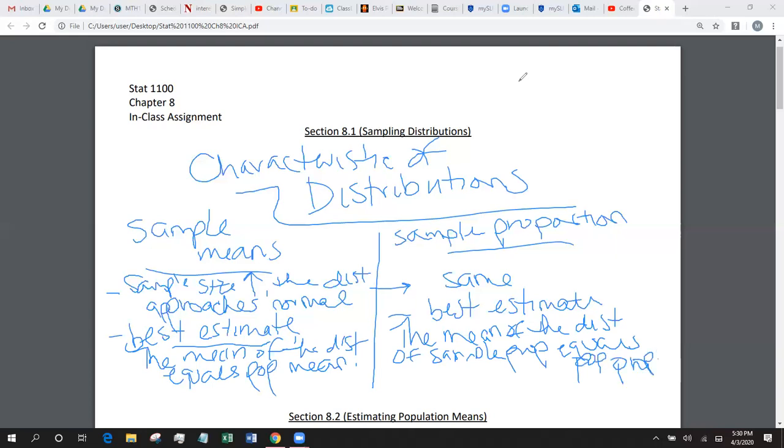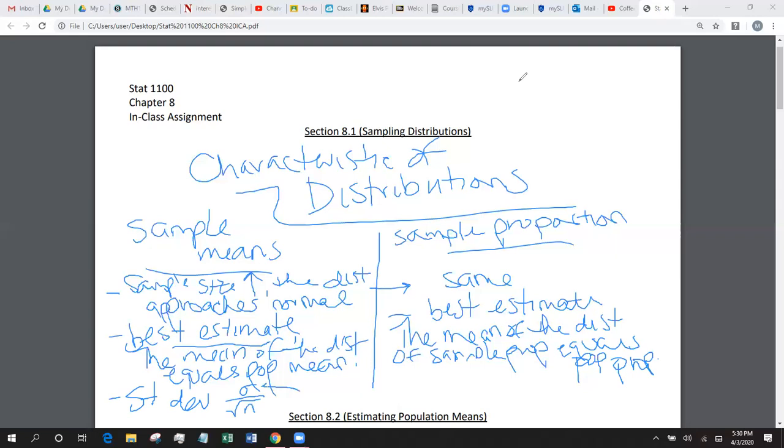And then in each case, we need to be able to calculate a standard deviation. So this is the same thing we've done before where we say, okay, we have a value and we're going to assume that this value is our best value that we can use to summarize information about the population. But if we're using that value, we need a way to describe any value that falls within that range, which is going to have values of standard deviation. So the standard deviation of the distribution of sample means